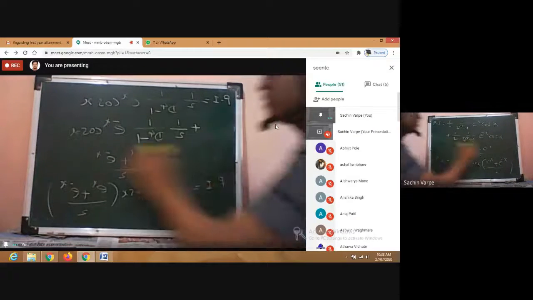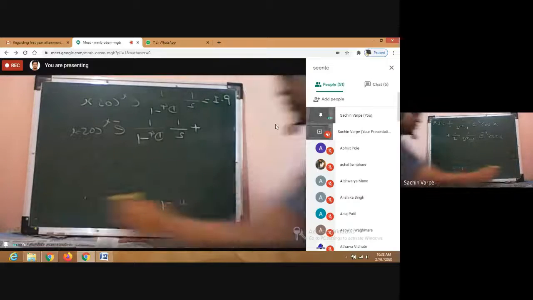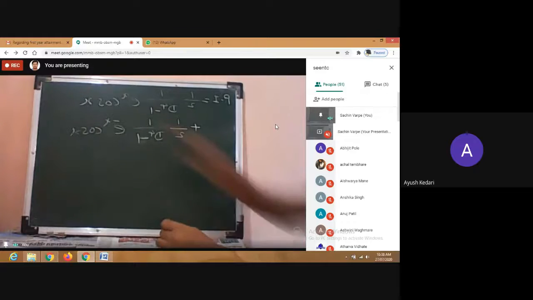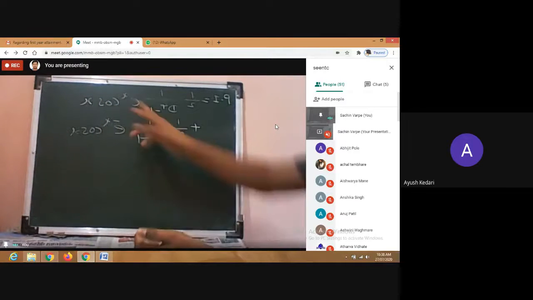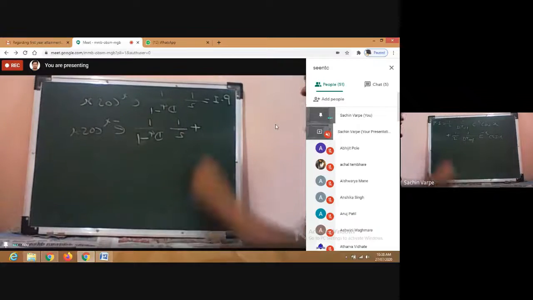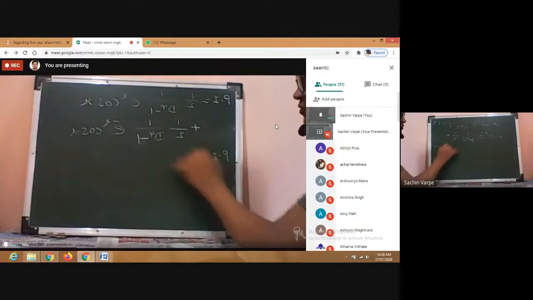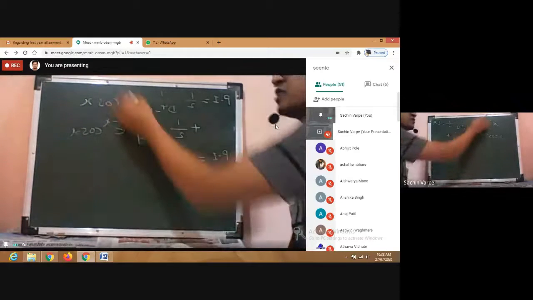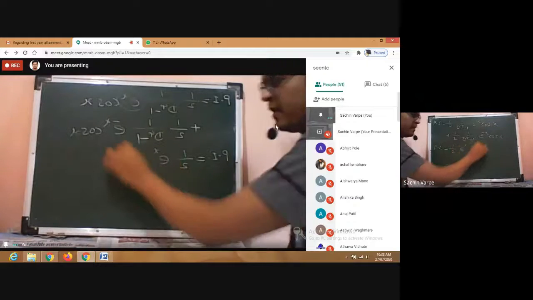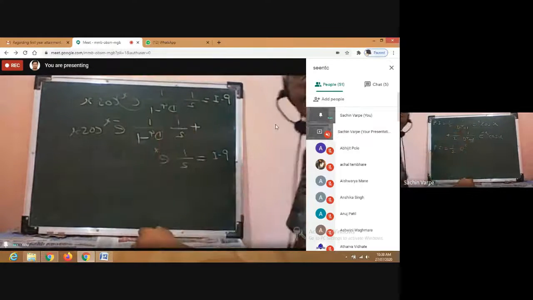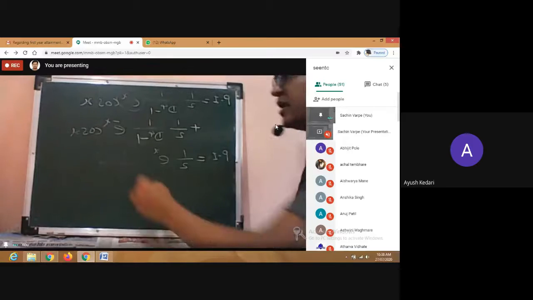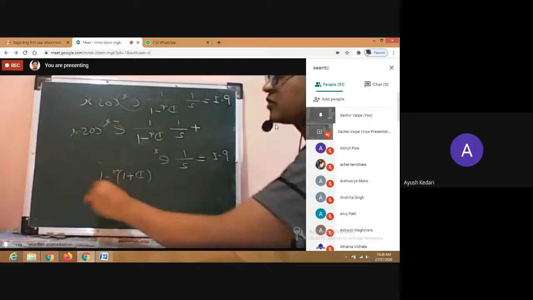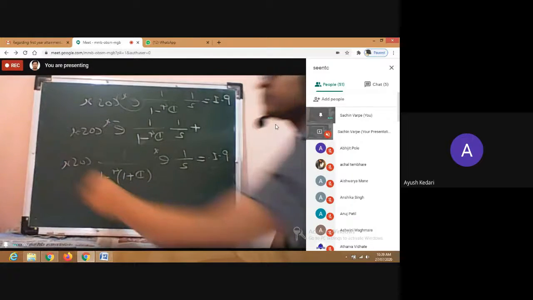All right, and then which formula is to be used here? Which shortcut, e raised to ax into v case? Correct, e raised to ax into v case I have. It says PI is equal to, in that case, we are writing the exponential function outside the operator, and we are replacing d by d plus a. Correct, d plus a. So what is a here? 1. So d plus 1 raised to 4 minus 1 cos x. Please check once.